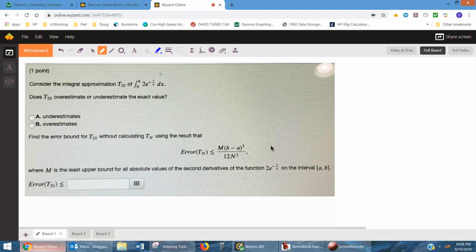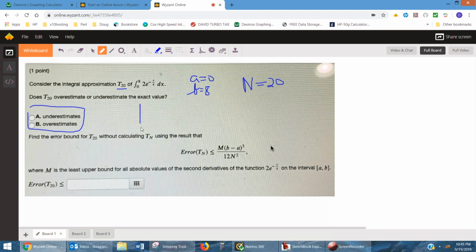This T sub 20 tells us we're going to use the trapezoid rule. A is going to have a value of 0. B is going to have a value of 8. The width, and there's going to be 20 trapezoids. Now, to answer this question, whether the trapezoid rule overestimates or underestimates the value of this definite integral, you